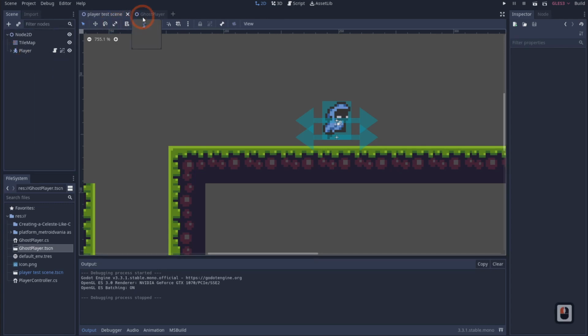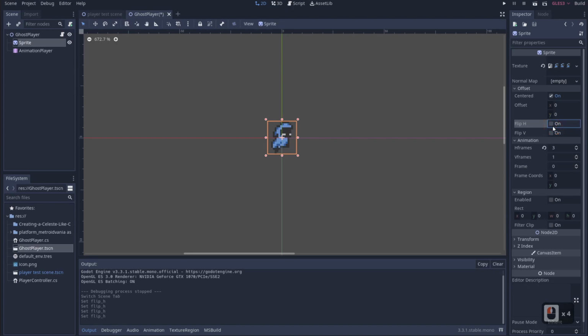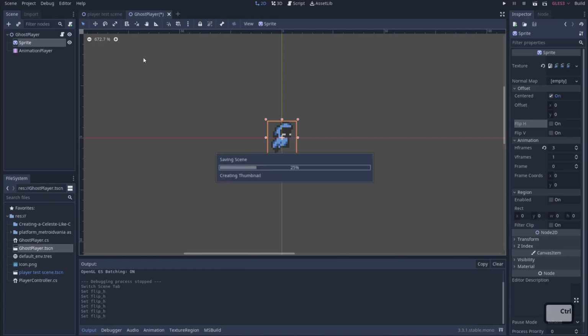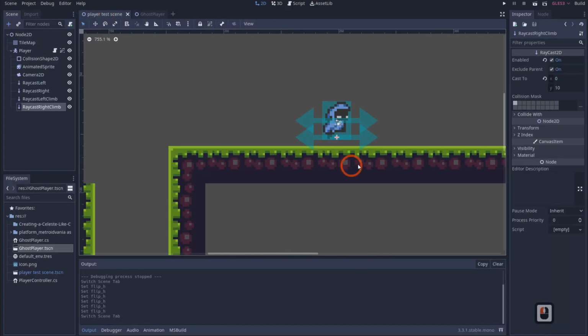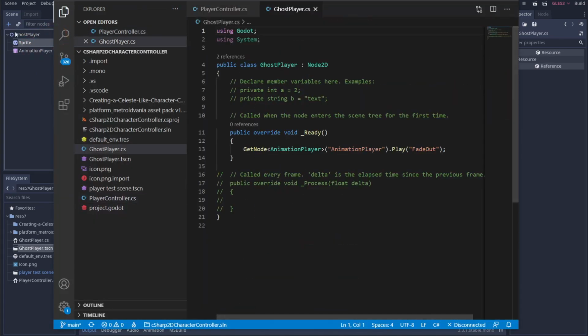is take a look at our flipping of the sprite. Remember how when we did our left and right, we needed to flip the sprite. So it was flip H like this. So if the character was flipped one direction, if they were going to the left, it would show the sprite in the correct direction versus being shown in the wrong direction. So what we can do in that case is go into our ghost sprite. We can click on our little script here, and we can say